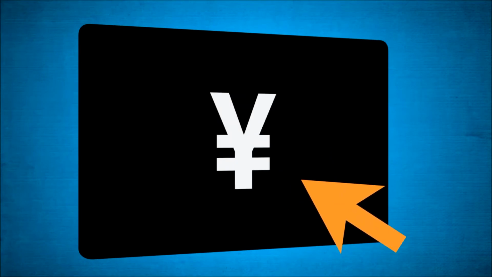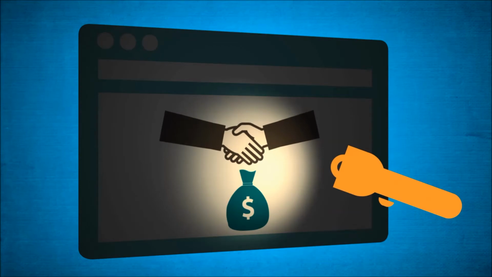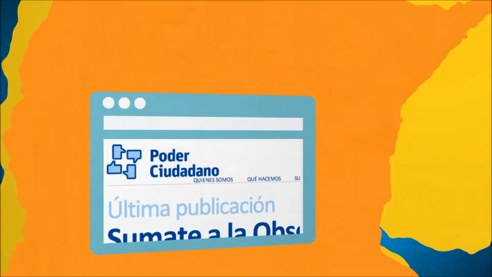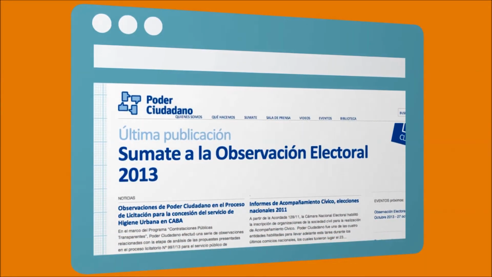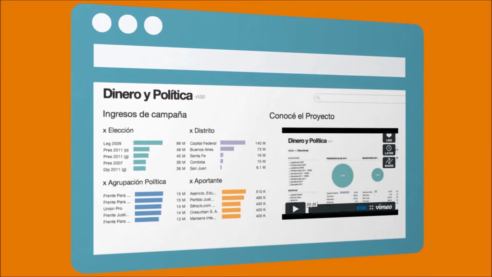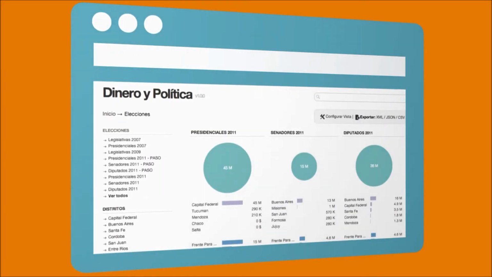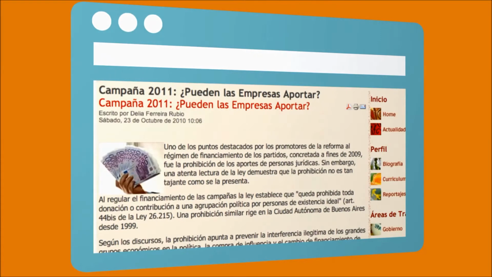Luckily, many activists are using technology to create tools to shine a light on the influence of money in politics and the misallocation of public funds. In Argentina, Poder Ciudadano collects information about election funding to republish it in an organized and searchable database. It has helped shine the light on political financing by corporations and propelled the law reform prohibiting corporate donations in